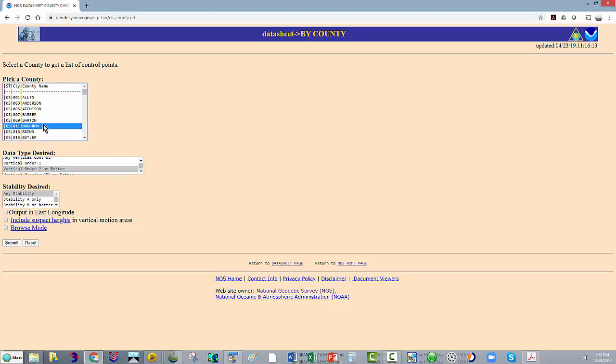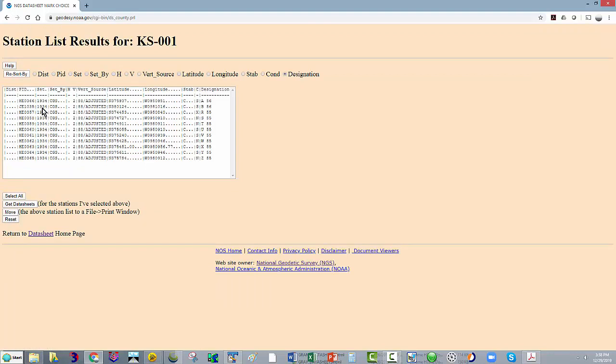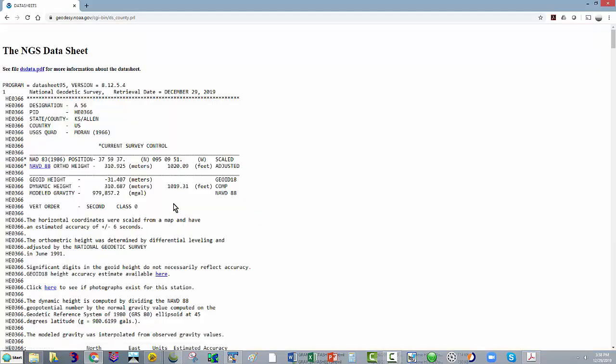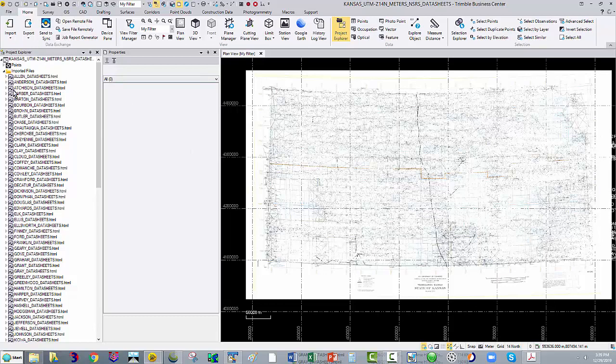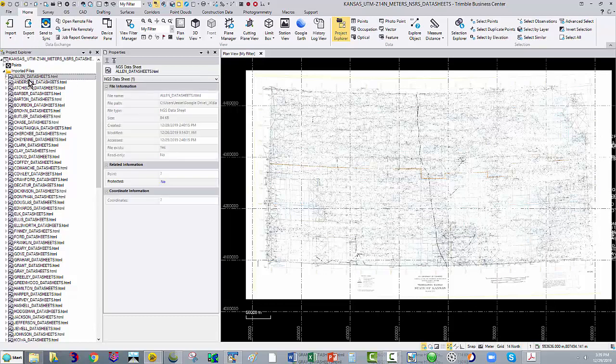And pick the county you want. I'll start with Allen, right at the top of the list. Submit. Comes back. These are the stations in the county. I told it select all, get the sheets, and boom. And then I just saved this as a web page, as an HTML file. I'll just close that. So I saved them and named them by county,